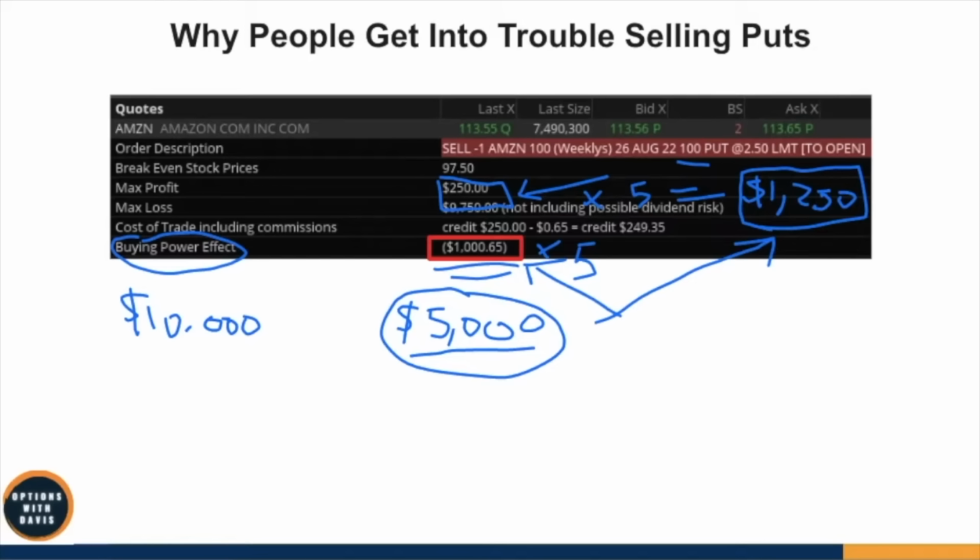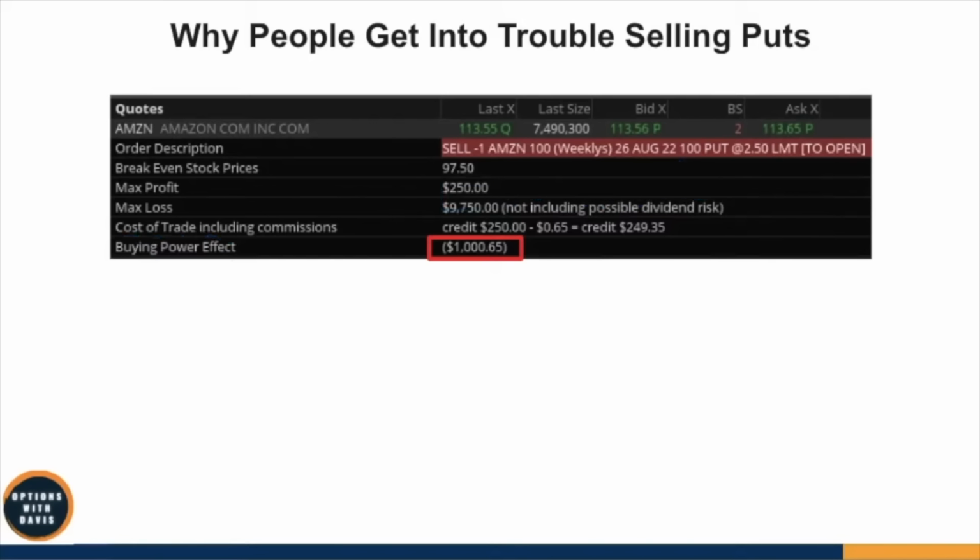So this is the number that you actually have to pay attention to. The big problem is this number right here. You see this number says this is the max loss. A lot of people do not even bother to look at this number. What it's trying to tell you is that if the stock actually goes to 0, this is what you can lose. And if this person was to sell 5 contracts, so you take